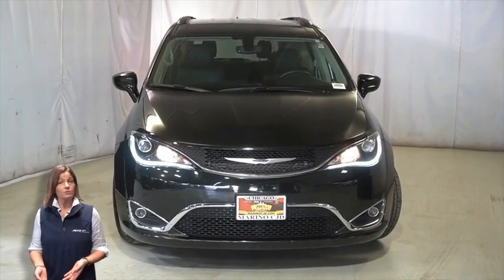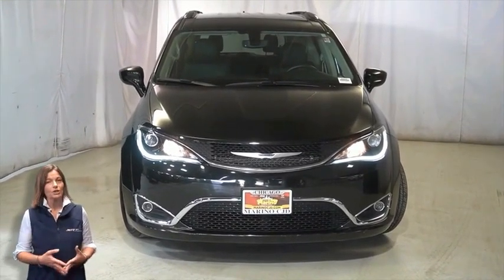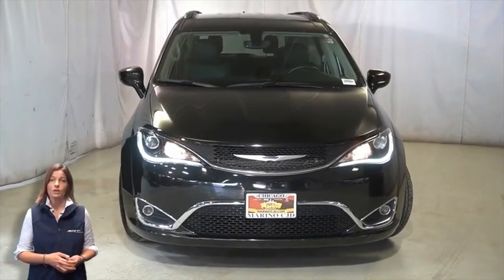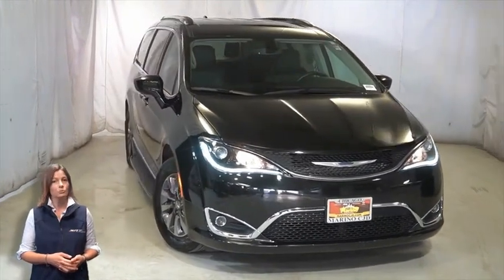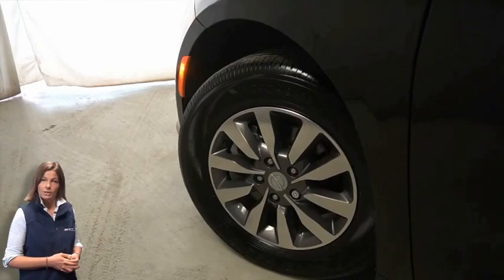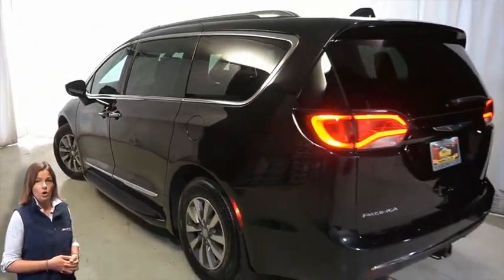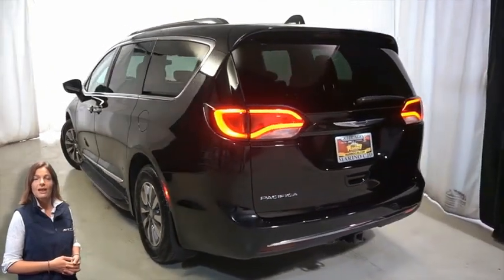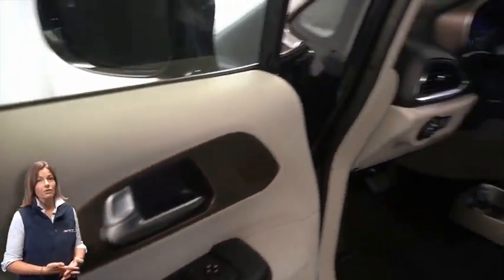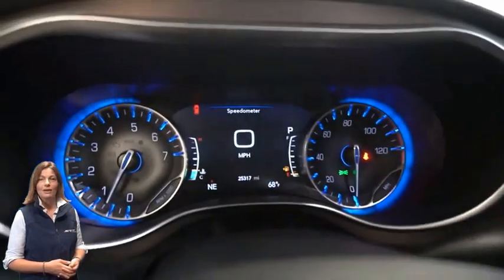Looking for a highly equipped family vehicle with all the right options and reliability? We'll take a look at this certified pre-owned 2019 Chrysler Pacifica Touring L Plus in brilliant black. With automatic headlamps, premium fog lamps, 17-inch aluminum wheels, chrome stow-in-place roof racks, LED tail lamps, tow package, heated front seats, heated steering wheel, 25,000 miles on the odometer,